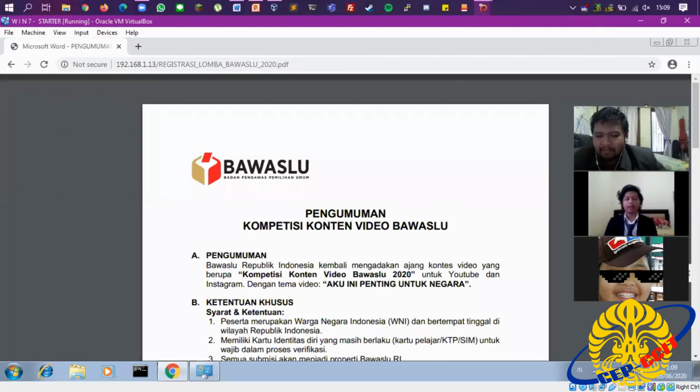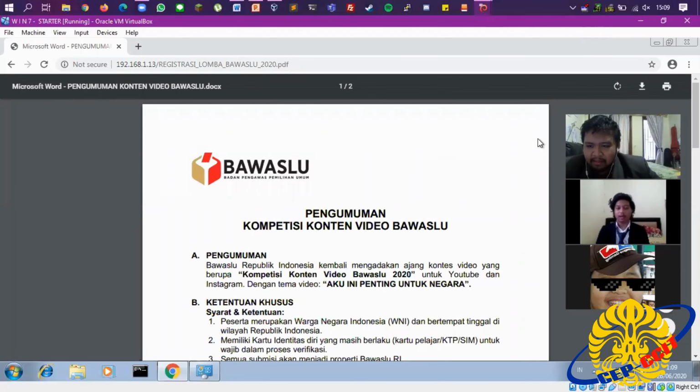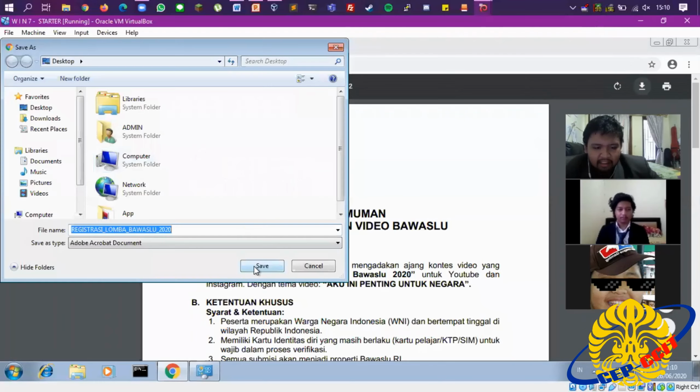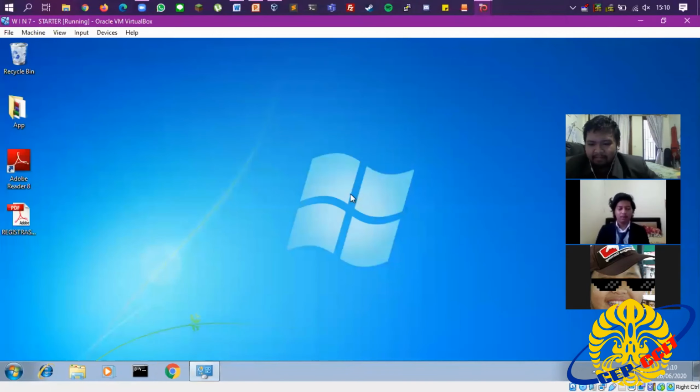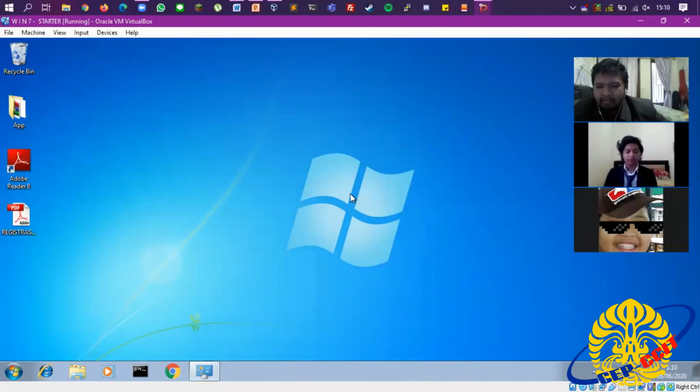Okay, now we can see the file, and now we want to download it and save. After that, we close Google Chrome. Now we want to open the file, because when the file executes we can get access as the admin.